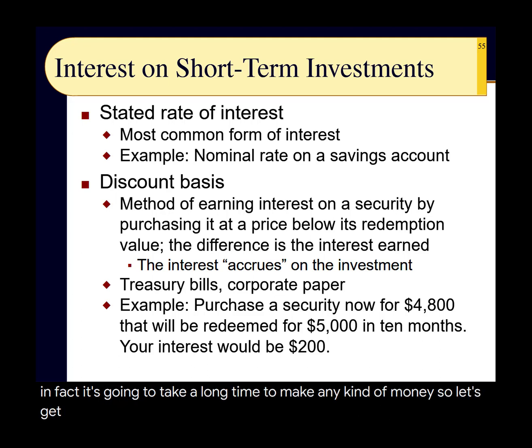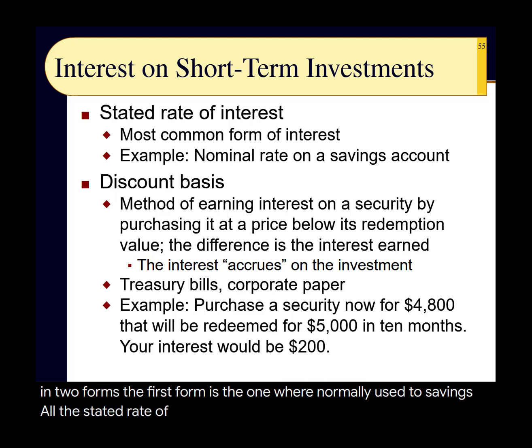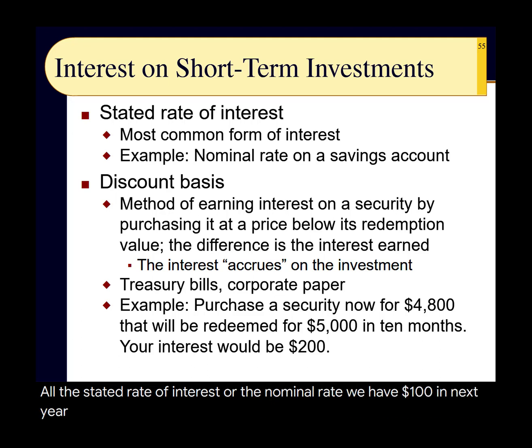So let's get started on slide 55. Interest on short-term investments comes in two forms. The first form is the one we're normally used to, a savings account. We're getting 1%, 2%. That's called the stated rate of interest or the nominal rate. We have $100, and next year, if it's 2%, we get $102. And you pay taxes on that $2